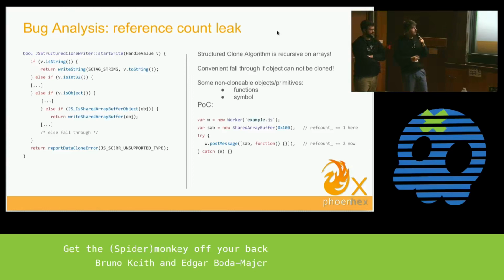But if none of these if statements match, then it will throw a data clone error, and that's where we want to end up. Because if it throws this data clone error, it will just stop the execution of the post message, and the new shared array buffer object will never get allocated. And the way to do that is